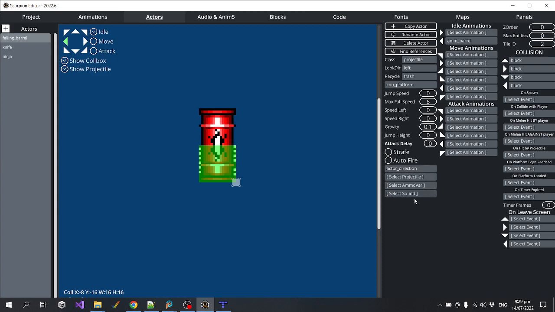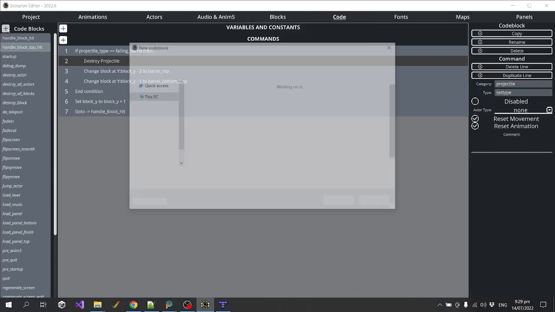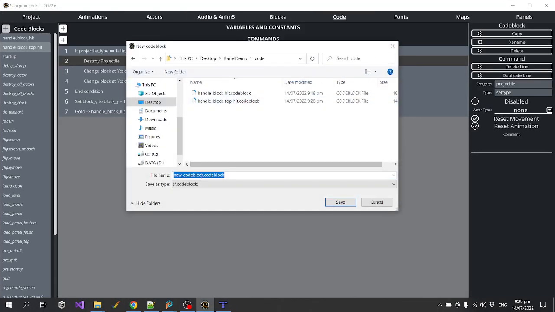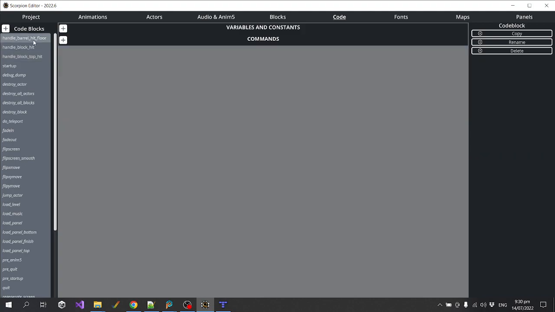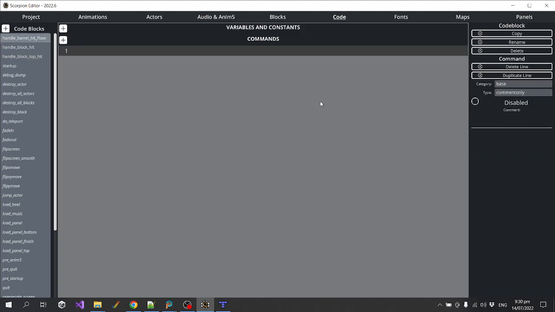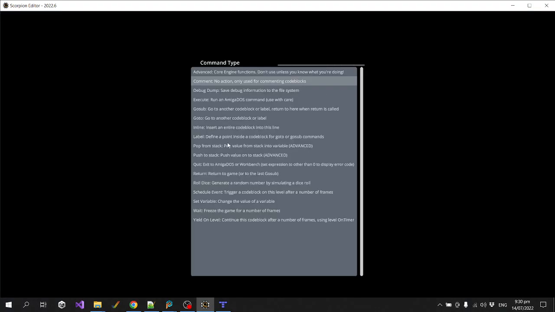We've got an event called on platform landed. We should be able to use that hopefully. Let's give that a go. So I'm going to call this handle barrel hit floor. All I want to do is set our actor